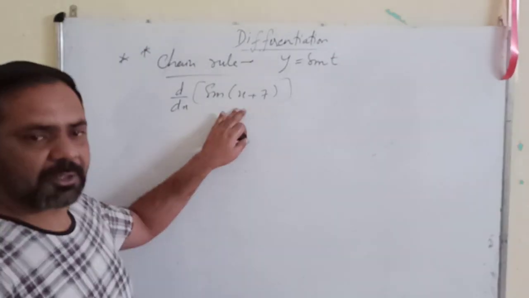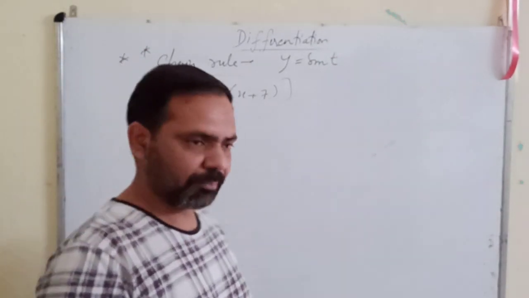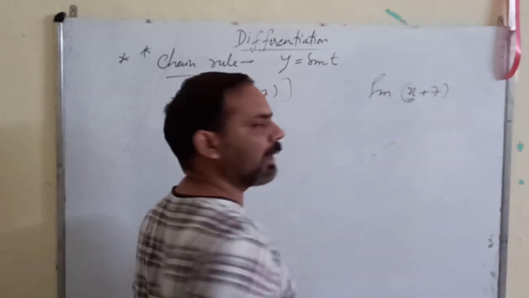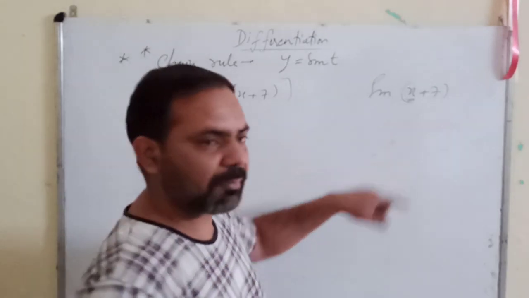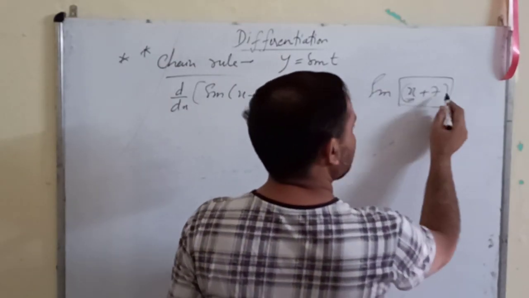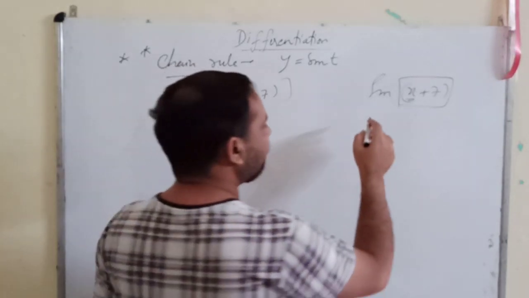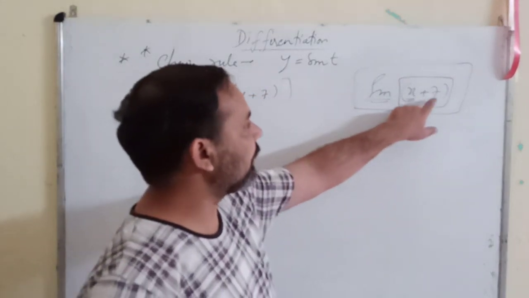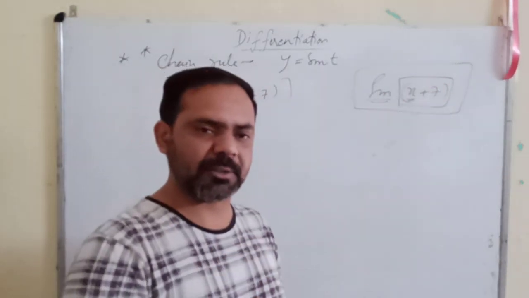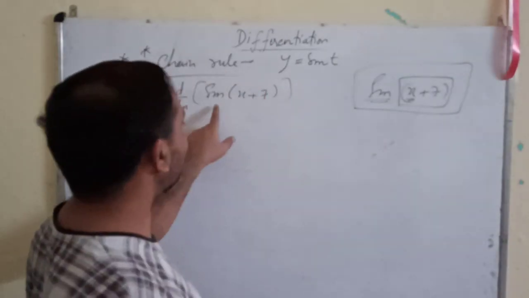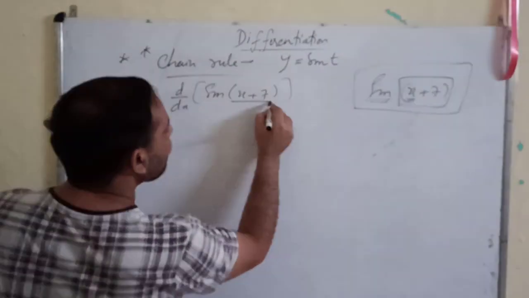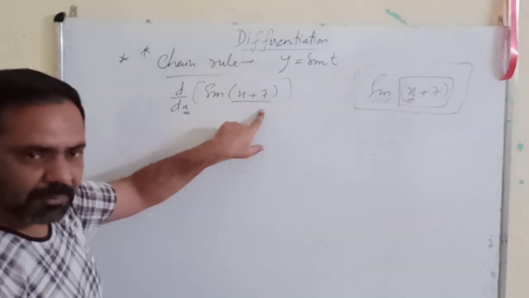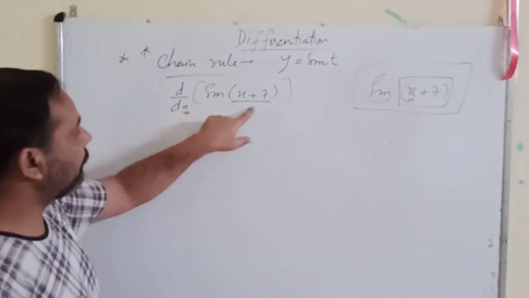Now this is a composite function. Composite function means function of another function. How is it a function of another function? What is your variable? x. Your pre-image is x. Your first function is addition of 7 to x. You are adding 7 to x. Second function is you are taking the sine ratio of that function. So first function and second function. This is a function of function. So when you have a function of function, you cannot write the derivative directly, because here it is different and here it is different. You are taking the derivative of a function of x plus 7 with respect to x, which is not possible. They both must be same.